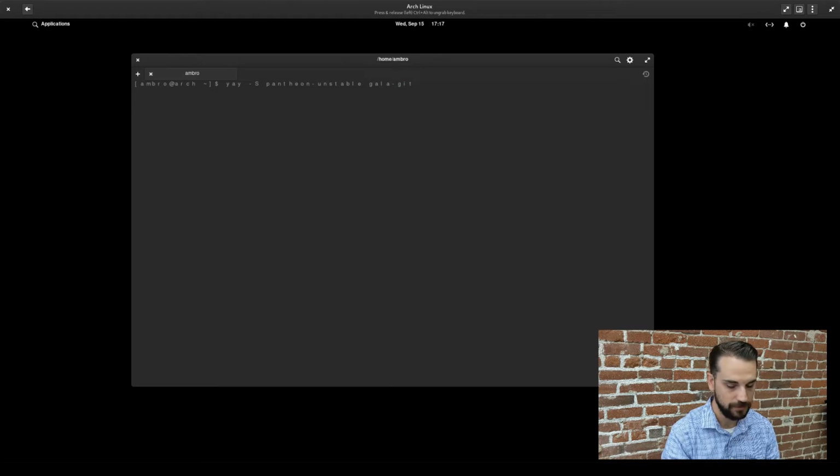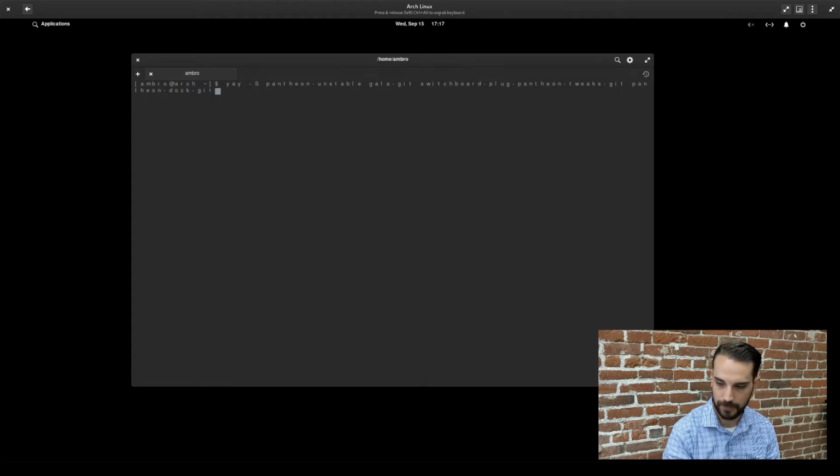We need switchboard tweaks, which kind of functions like GNOME tweaks. It gives us a little bit more nuanced control of our settings. So that's going to be switchboard-plug-pantheon-tweaks-git. We also need Plank. We have Plank on our system currently, but it's not auto-starting because it's expecting a different package, which we don't actually have on an Arch installation. So we need to install a different version of Plank. That's going to be